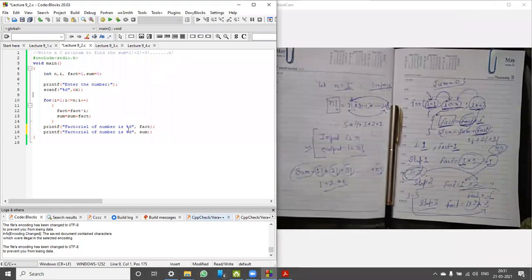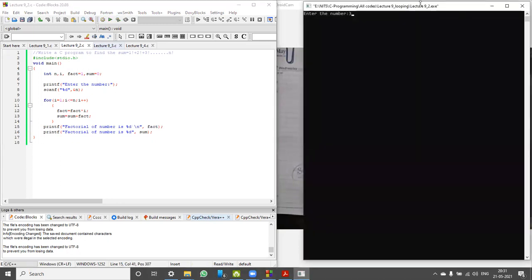I'm using 3, which means factorial is 6 and the sum value is 9. This is simple. You can see this is 6 and this is 9. Sum is 9.